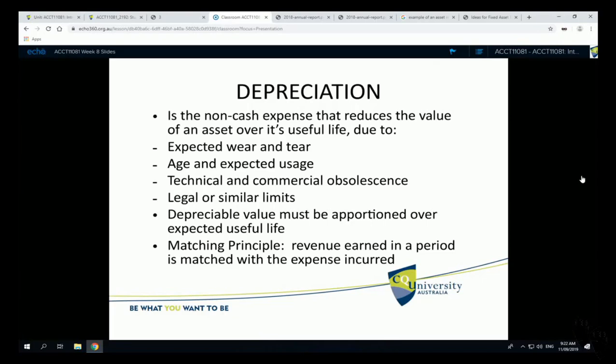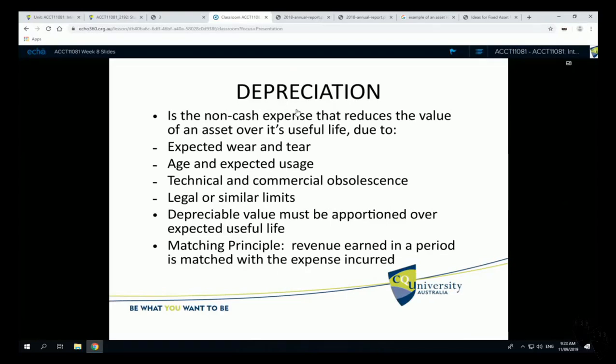So that's what depreciation is. We have to estimate the amount of the asset that we think we've used up this period in helping to generate our revenues and journal that into this period. Okay, so we are matching our expenses with the revenues that we think they've helped to generate. So the matching principle is core to the concept of depreciation. So it's non-cash. There's nothing cash about depreciation. It's one of the largest non-cash items, and